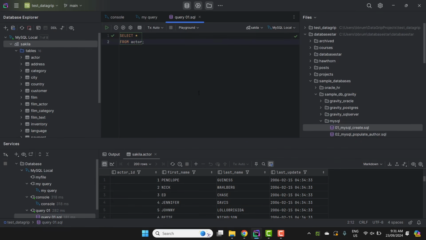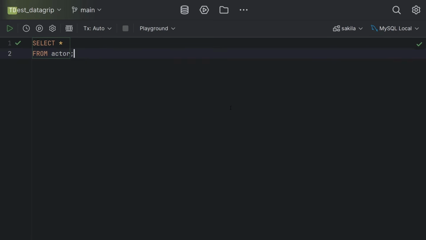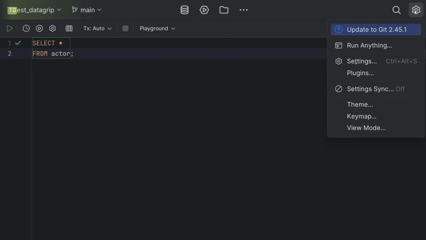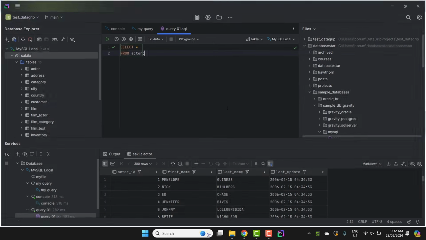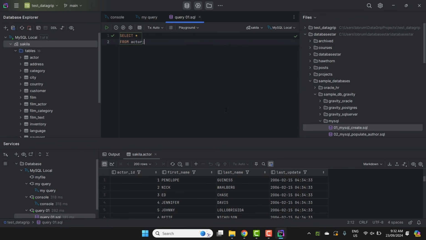Another handy feature in Data Grip is the different view modes. Click on the cog icon again and select View Mode. A list of different modes appears. This is like a preset way of viewing Data Grip for different situations. For example, let's click Presentation Mode. This will hide a lot of the panels and zoom into the screen a lot. This is obviously helpful for presenting your screen. To return to the default view, click on the cog icon, then View Mode, and then select Exit Presentation Mode. There are a few other modes here, so try them out and see what works for you.